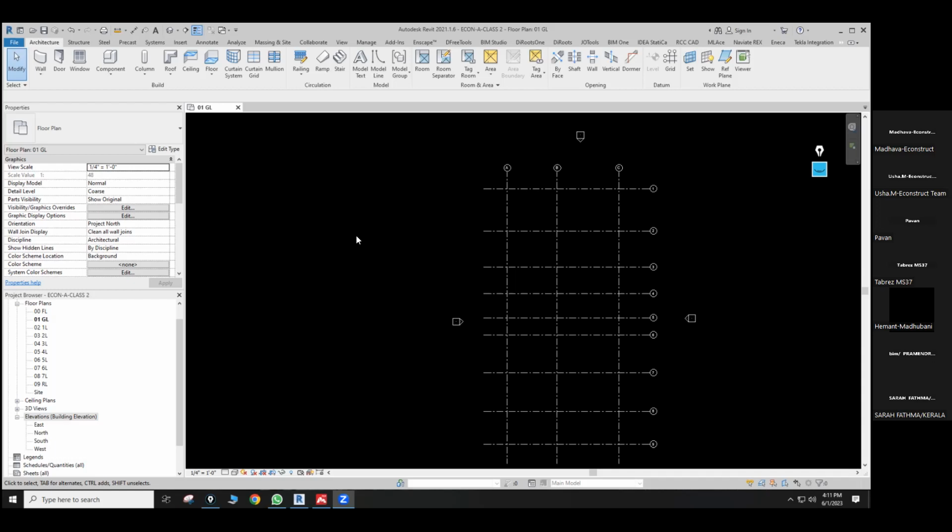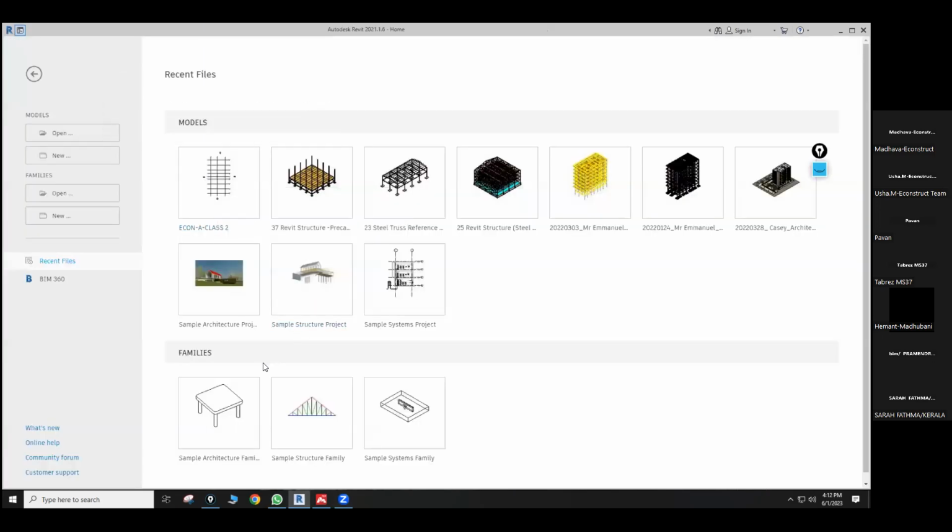The same thing, the file types will not change, like RTE, RFT, RVT. These are the file extensions, which will not change. The only thing is which stream you are supposed to work in. If you want to start with an architectural project, you have to go to New and choose the architectural template. See,